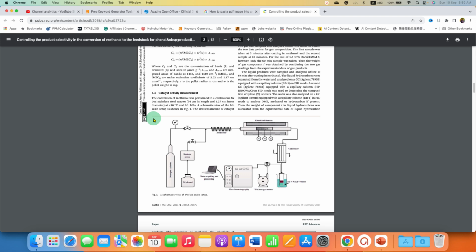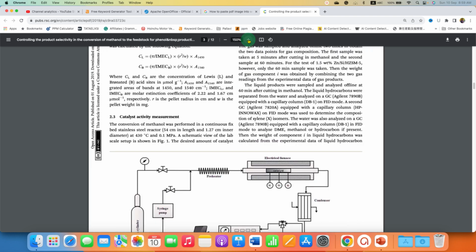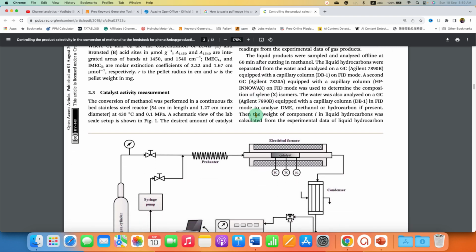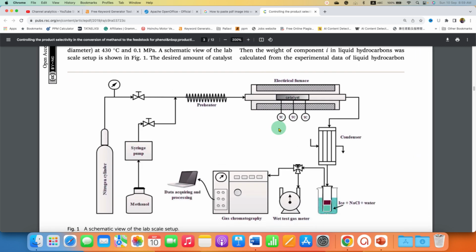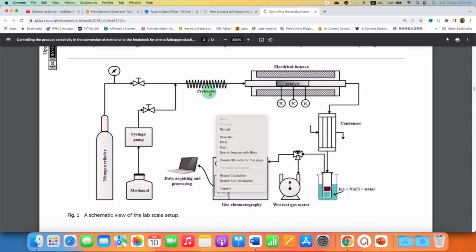Now let's say we have to copy and paste this diagram into the Word document. To do that, first zoom and fill the screen entirely with the diagram as much as possible. Because we cannot just right click on the diagram and copy paste it, we will use a screenshot